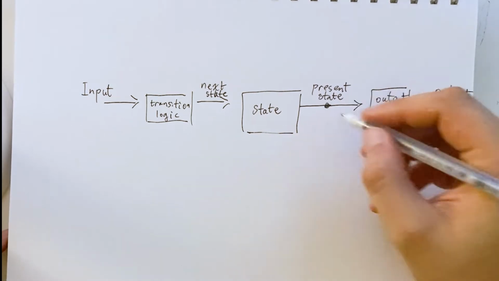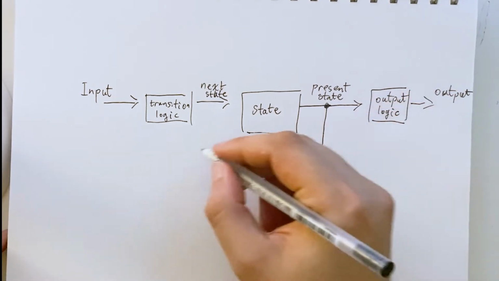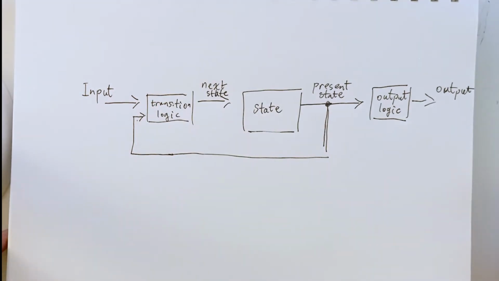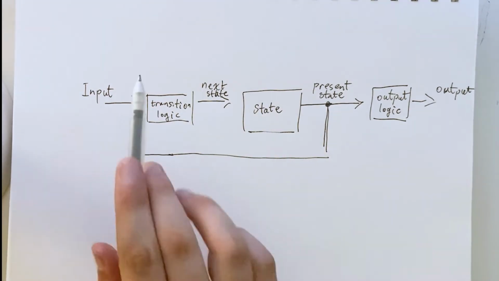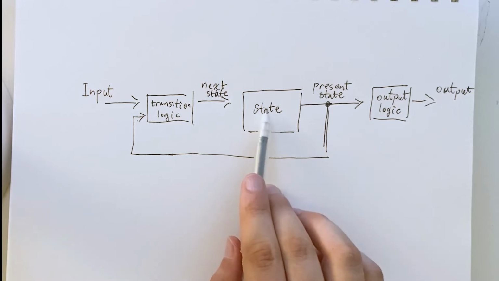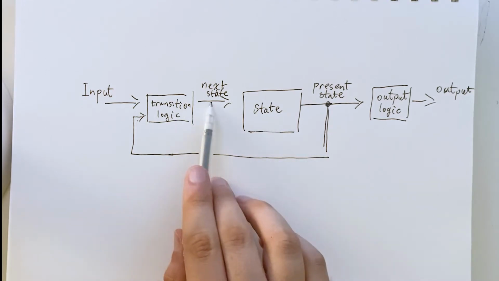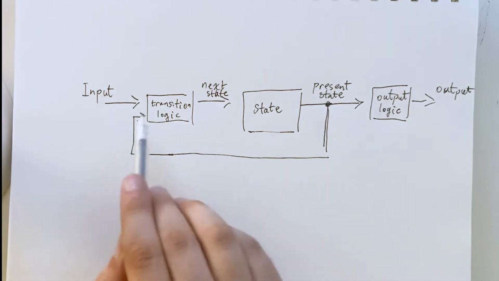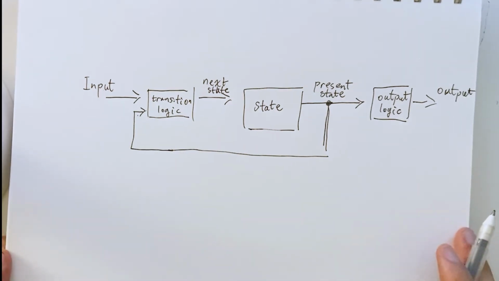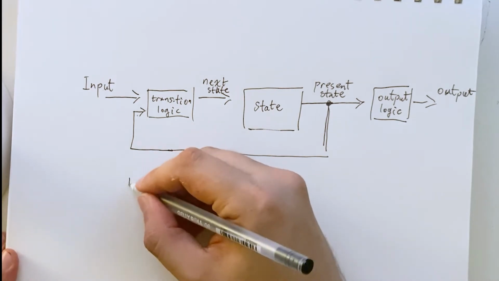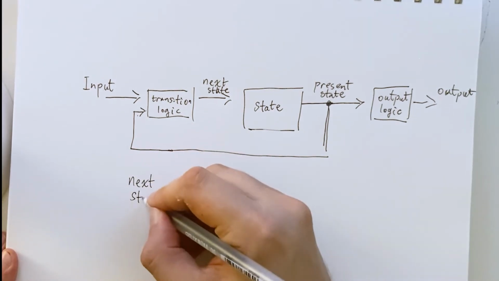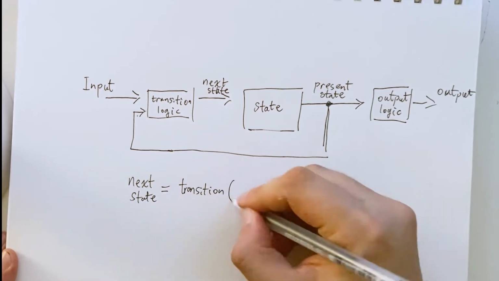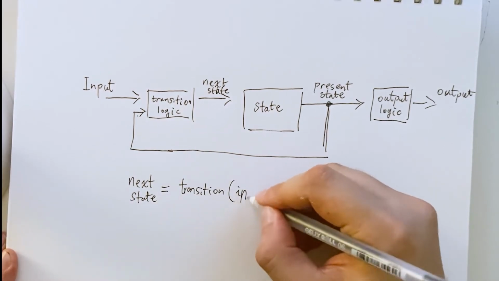But really critically, we can also take that present state and feed it in as another input. So a finite state machine has a state, and its next state is determined by some input from the world around it and its present state. Okay, so what this comes down to is essentially something like: next state is determined by some function which takes some input of some sort,